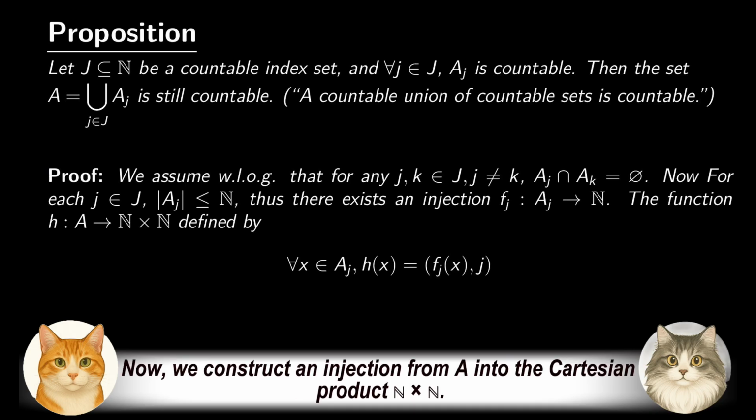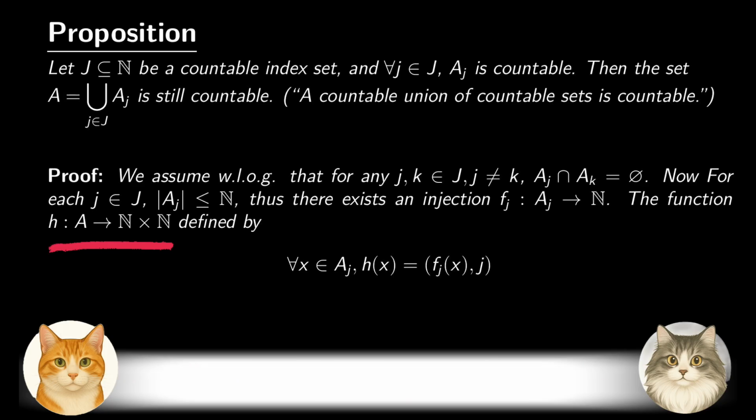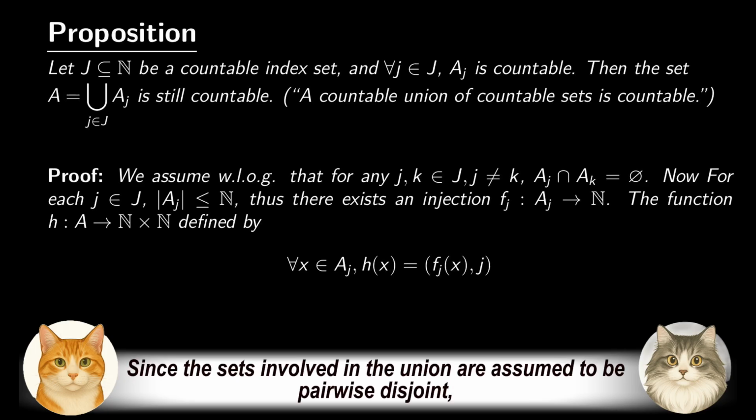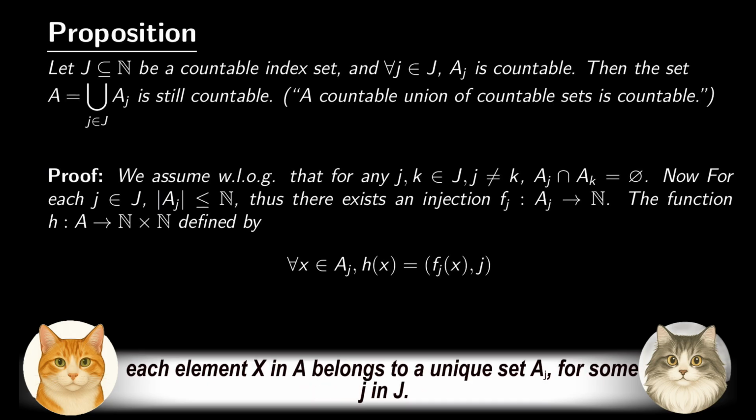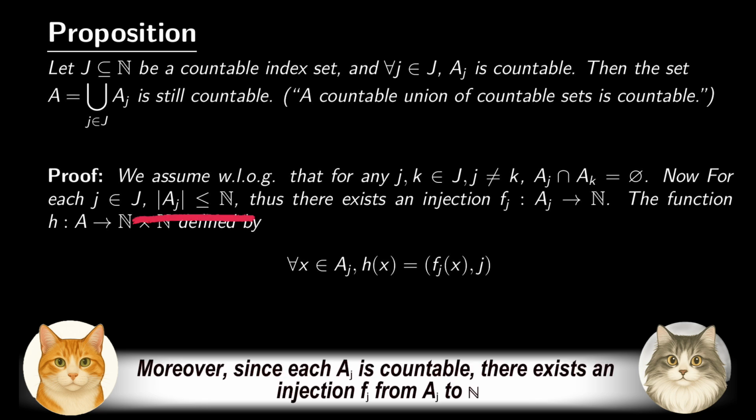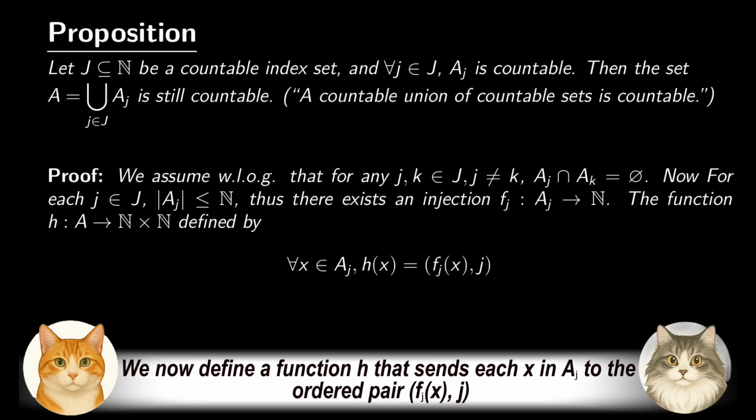Now, we construct an injection from A into the Cartesian product N², since the sets involved in the union are assumed to be pairwise disjoint. Each element x in A belongs to a unique set Aj for some j in J. Moreover, since each Aj is countable, there exists an injection fj from Aj to N. We now define a function h that sends each x in Aj to the ordered pair (fj(x), j),